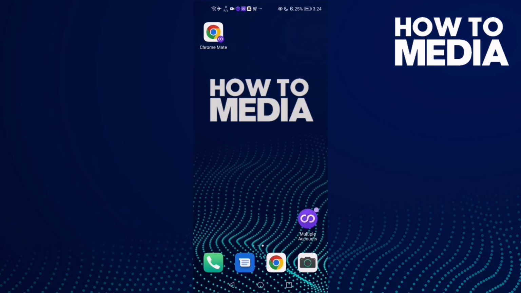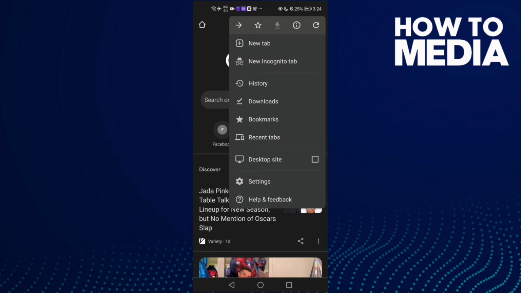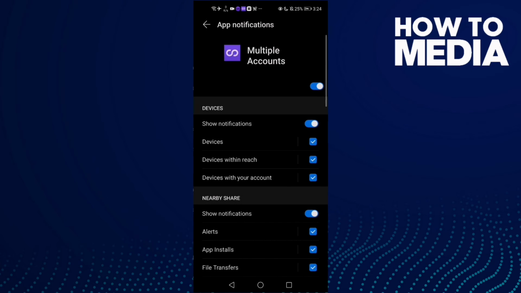First thing we're gonna do is go to Google Chrome, and then click these 3 points here, click on it, and now click this one, settings, and go down and click notifications, this one,